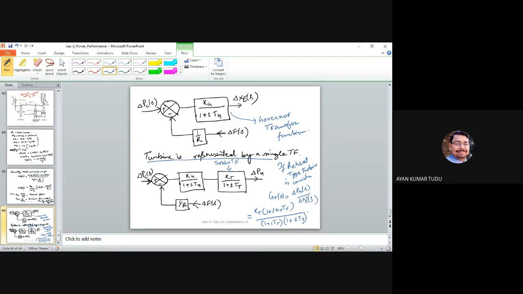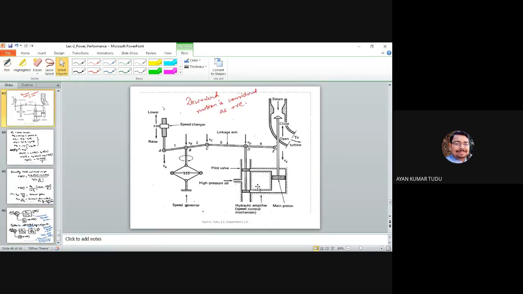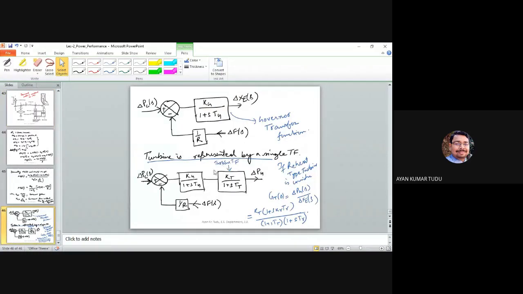So we have partly been able to draw our load frequency control block diagram, where we have drawn how the frequency is being controlled, and we have been able to mathematically deduce it with respect to our turbine also. The next in line to complete this block diagram is how we represent the generator and load. Let us do that, and then we'll finish our class.